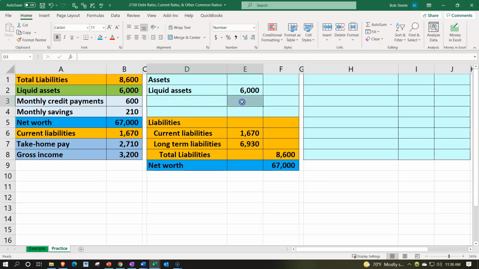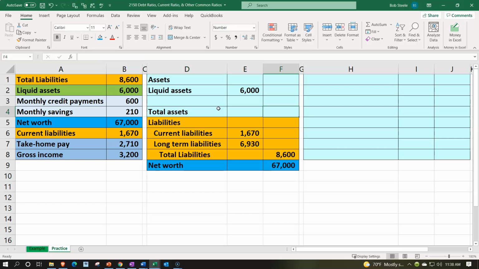There's got to be some other kind of assets that they didn't give us. They gave us the liquid assets, so I'm going to group all other assets into basically this other category, non-liquid assets, that we'll call it, and that'll help us to kind of back in and get something that's in balance here. So I'm going to say, all right, well, that means total assets